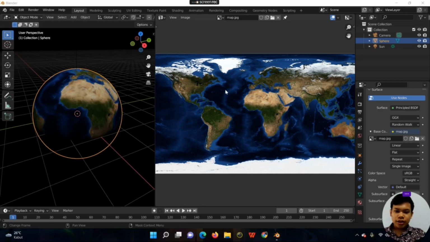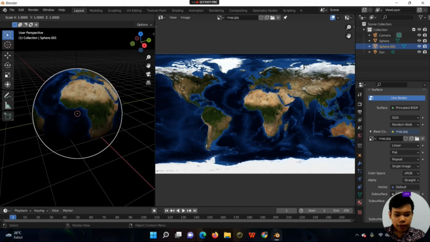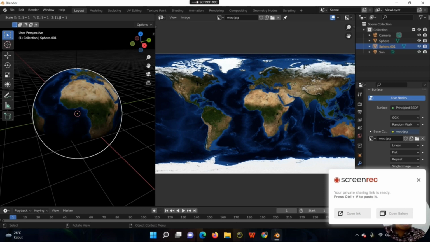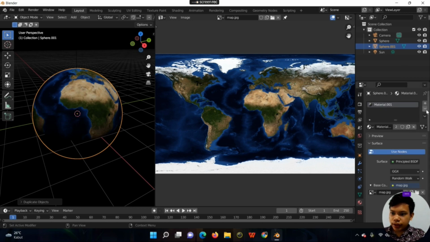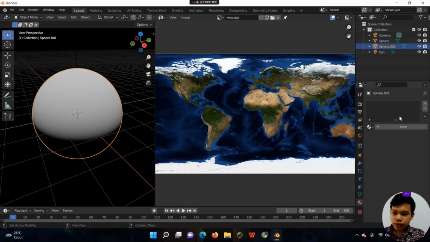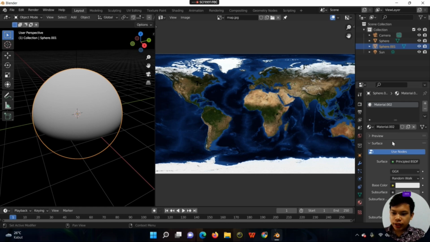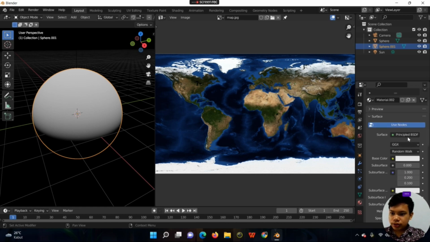And now to add the cloud texture, first we're gonna duplicate the sphere by clicking Shift D and then S, and then make the scale slightly bigger than the first sphere. Set it to 1.005, and now go to the first sphere and then delete the material so we can add the cloud materials, and